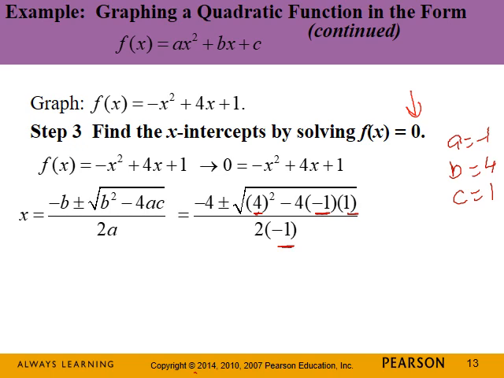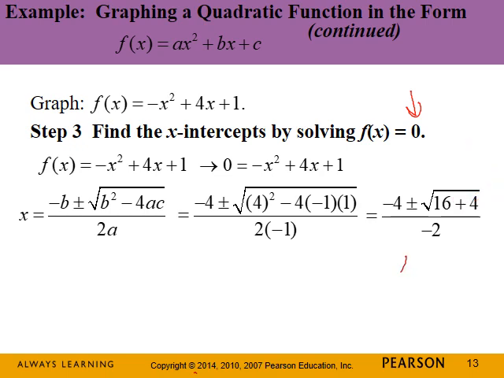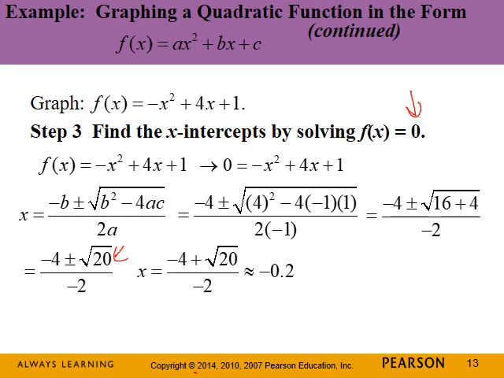Now we are going to evaluate the terms under the radical. Let me erase on the side and here so we can see. We're going to evaluate the terms under the radical. Remember that 4 squared is 16, so we have our 16 here. Negative 4 times negative 1 is a positive 4, times a 1 again is just a positive 4, so we have our positive 4 there. Now 16 plus 4 is 20. So we end up with 20 right here, but then we have to go ahead and